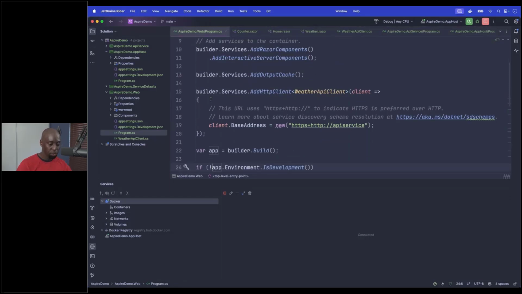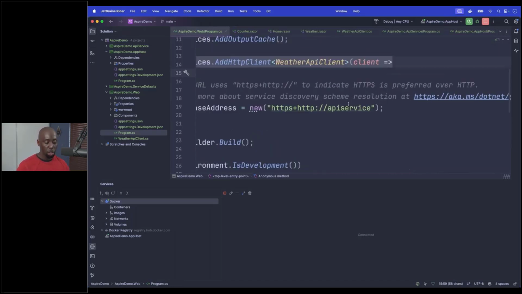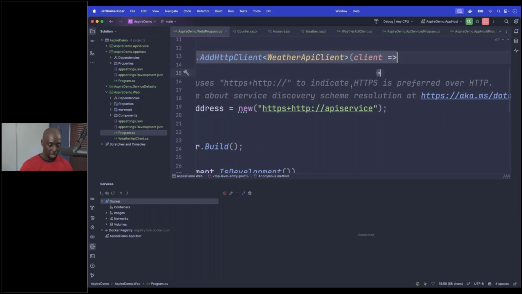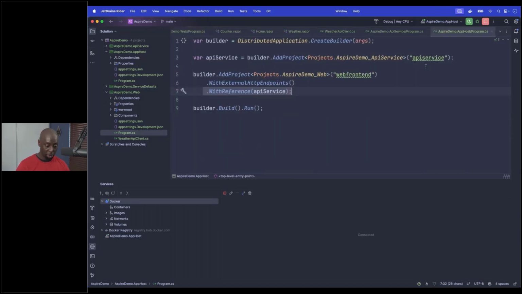Okay, here we go. If folks are familiar with HTTP client factory, this is really all that's happening here. But when they set the base address, notice what the base address is set to. The base address is set to API service. Where did that come from? That came from right here, because that's the name that we gave the project.